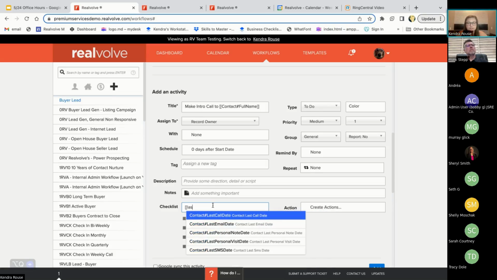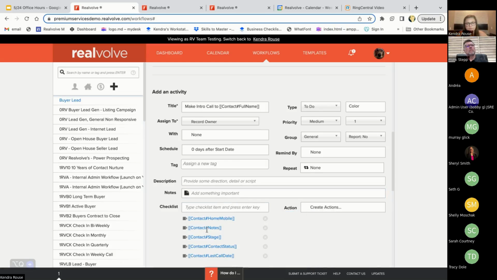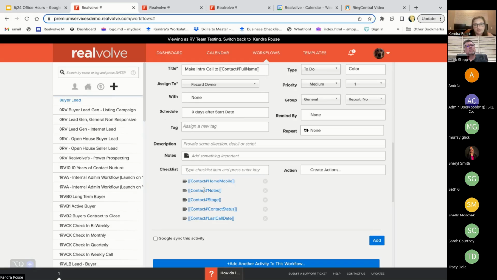And I'm also going to update my last call date. Okay. So if I have this notes merge field in here, if it will allow a typable field when I go to complete this activity, anything I type into it while I'm completing this activity would be stored under the radar or the notes and correspondence of that